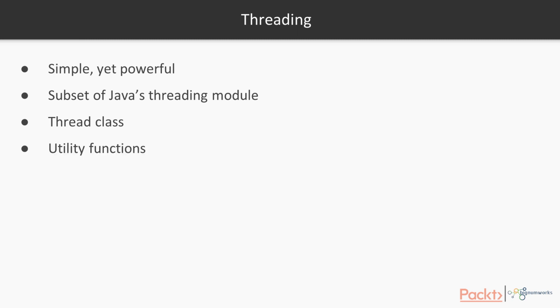The module also has various utility functions such as active count to get the number of threads that are active at the moment, to enumerate the threads, to see what is the main thread of the program, what is the current thread of the program, etc. The module also has classes for thread synchronization primitives like Lock, RLock, which is also called the reentrant lock,